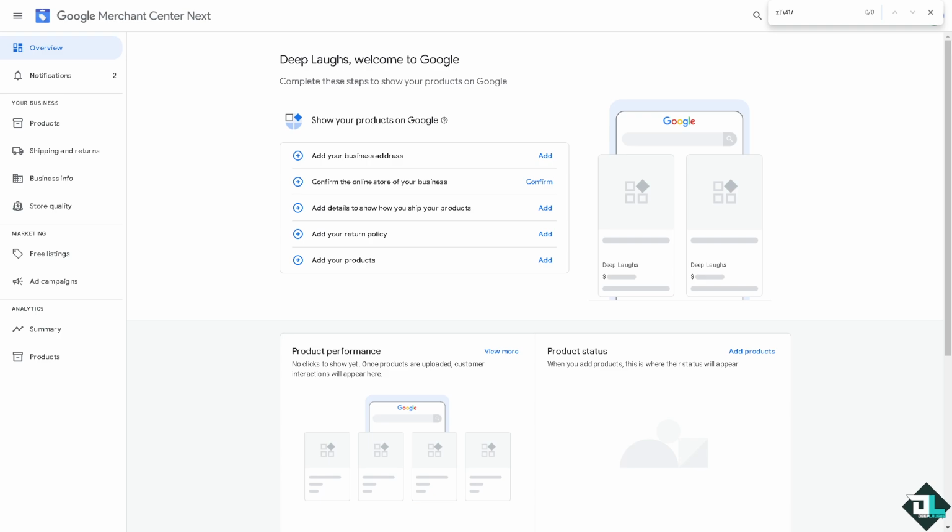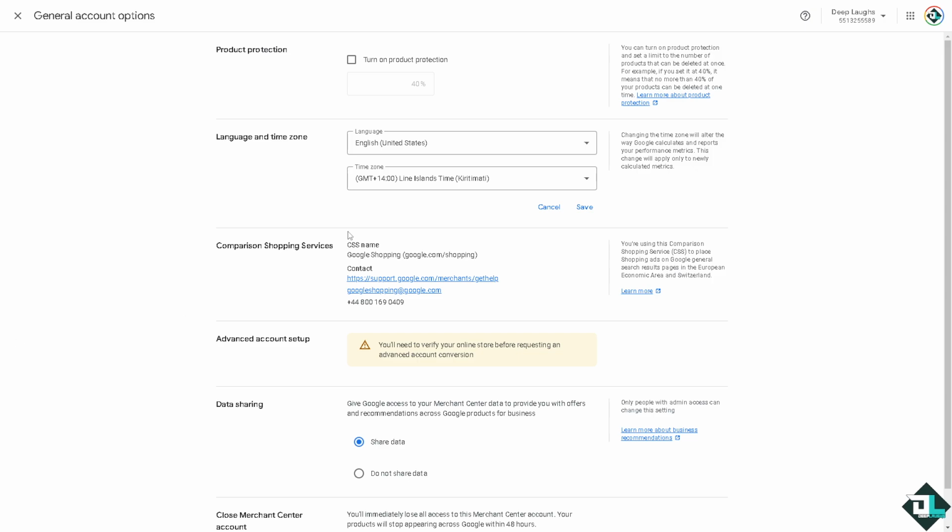To change the language here in Google Merchant Center, all you have to do is follow these simple steps. So once you are logged into your account, I want you to access the account settings. And for us to be able to do that, I want you to click the gear icon on the top right corner and click the general account options. If you do that, you would be forwarded here, and obviously you have the option to change the language and